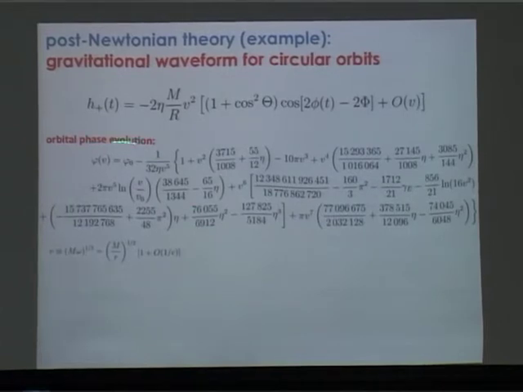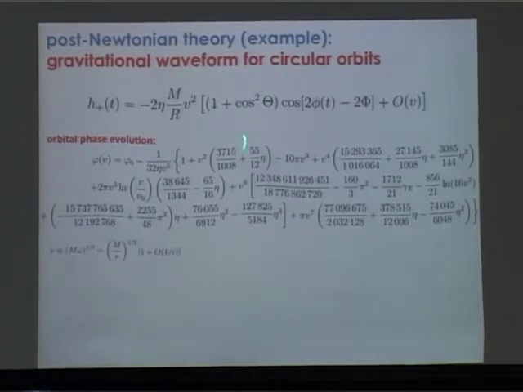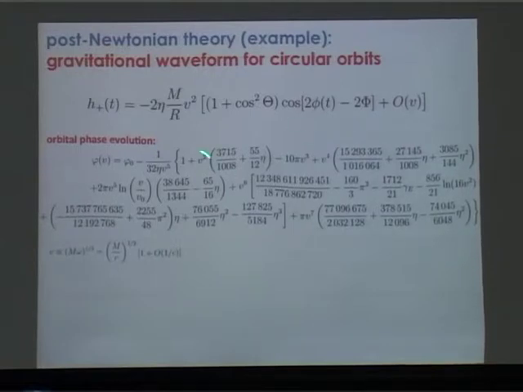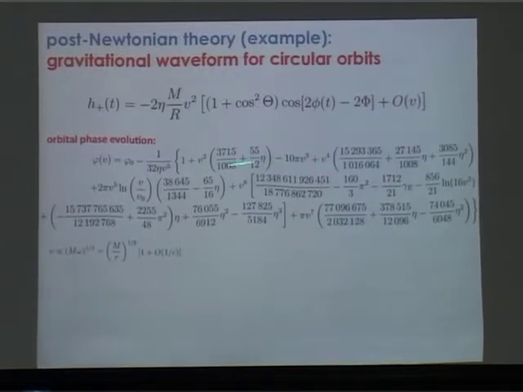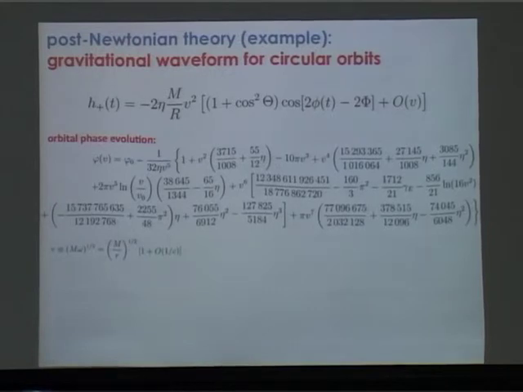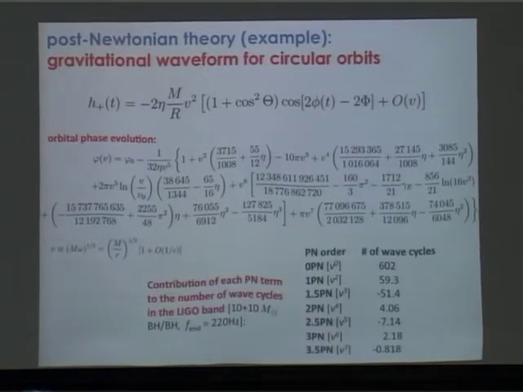Okay, so this phase function has some initial contribution, which is really due to this 2.5 pn term in the equation of motion, which causes radiation reaction. This is what makes the phase differ from just a circular Keplerian orbit, and actually makes it inspiral. And then you have various post-Newtonian corrections, which come in at all these various powers of v over c, up to this v to the seventh, which is the 3.5 pn term. And the frequency of your waves is essentially encapsulated in this v. You can essentially replace v with some power of the frequency.